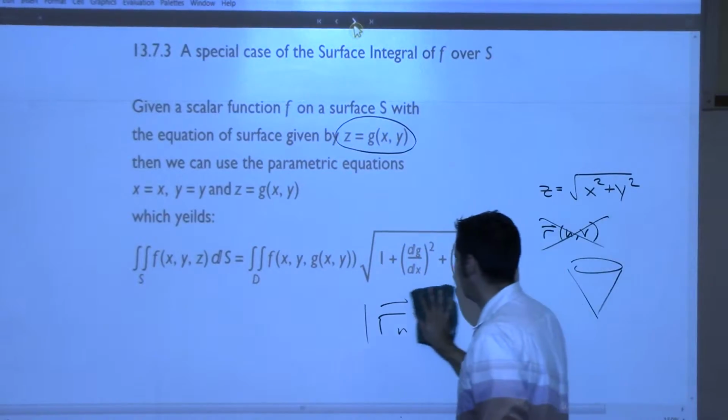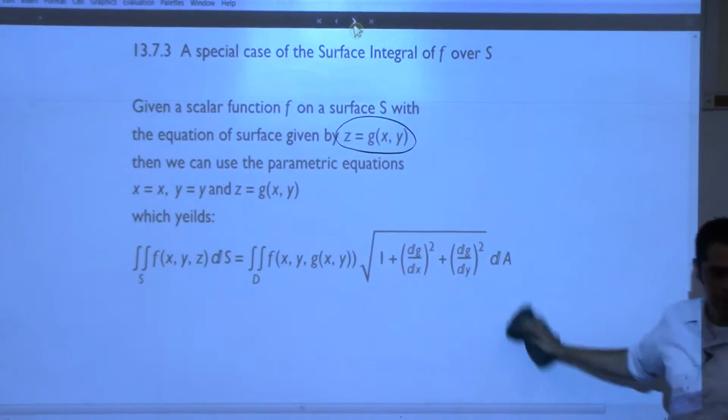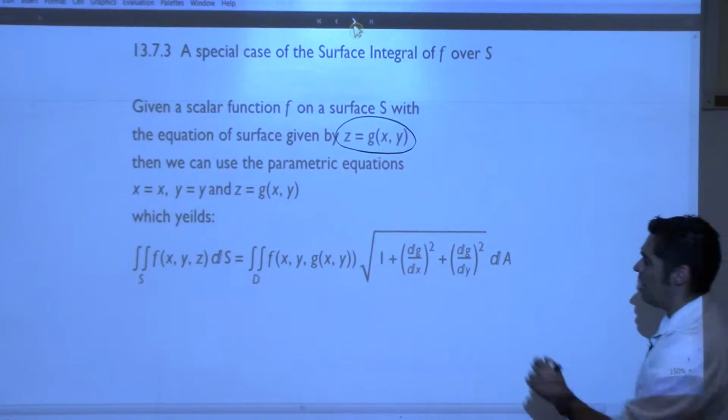It was the same exact thing. Yes. If you're trying to find the surface area, right? Yes, there's a simple formula if it can be written that way, okay? Now, you can extend this idea